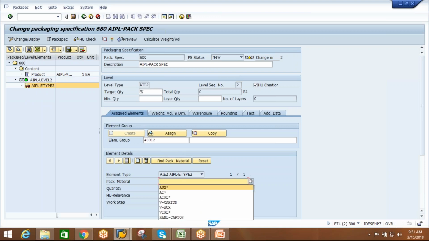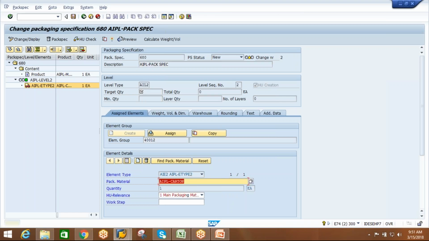Main packaging material is the cotton box. We require one auxiliary material. Tomorrow we can create that. Okay, this is the element group automatically being created. Now target quantity 1000, up to or else 24. Minimum quantity 1. At this level, HU required for HU check where this one customization, validation, activate,